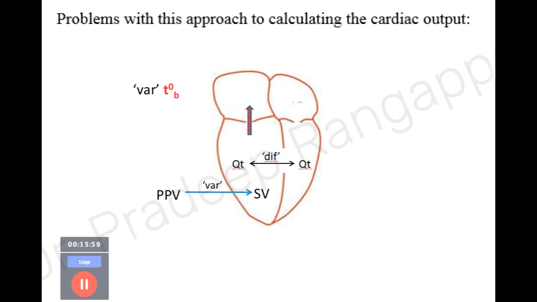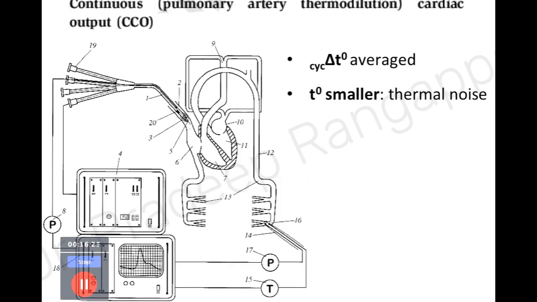And most importantly, there can be variation in the body temperature. Suppose someone has a very high fever or hypothermia, because your whole cardiac output derivation happens from the change in the temperature from the RA to the pulmonary artery. That change in temperature may not be very significant when someone is running a high fever or is hypothermic. So that also has a bearing on the fallacious cardiac output that we would interpret. So these are some of the fallacies. So that is about the typical pulmonary artery catheter.